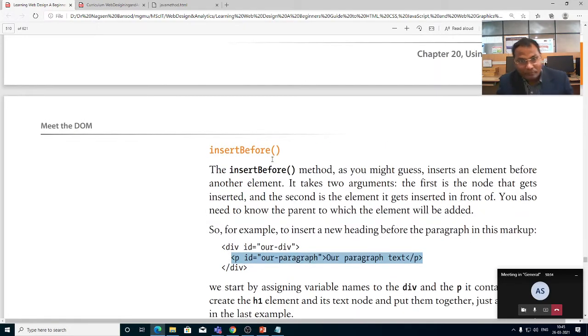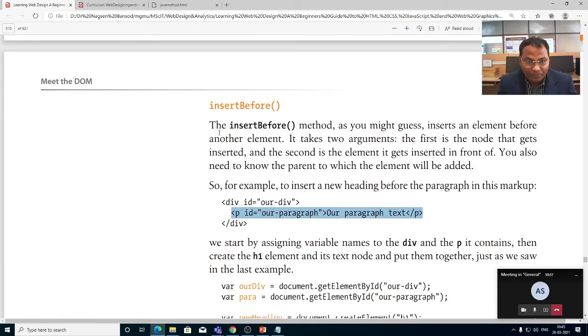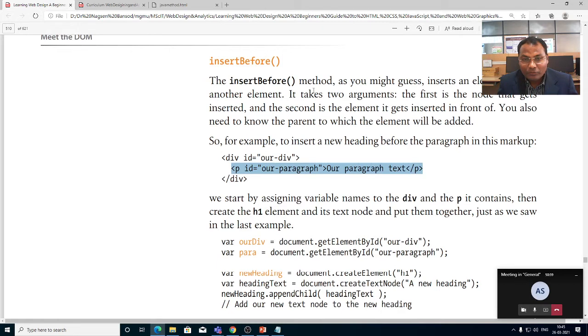Now insertBefore. The insertBefore method, as you might guess, inserts an element before another element. It requires two arguments.